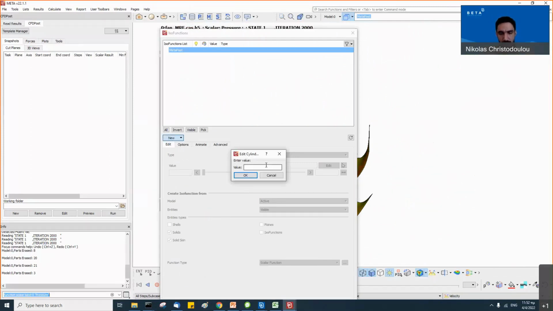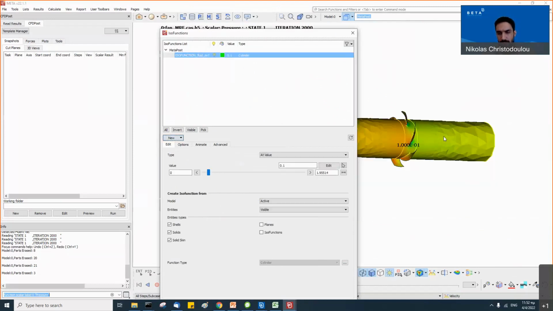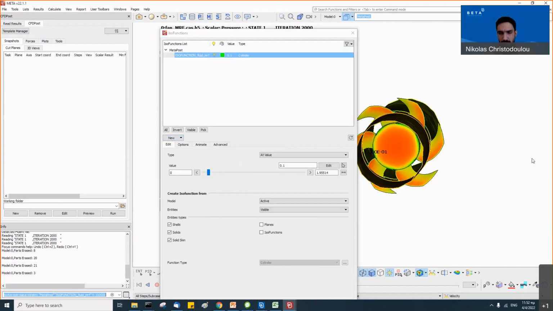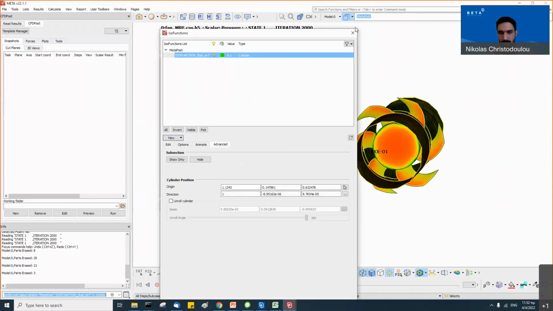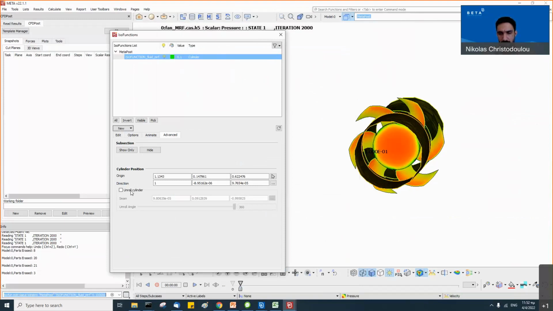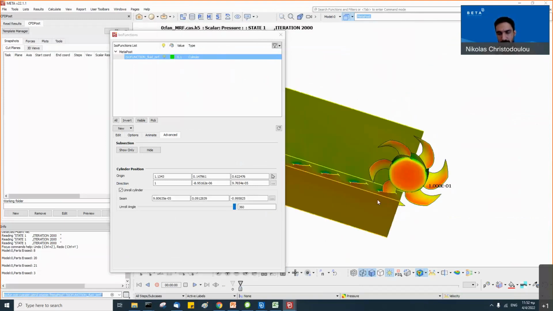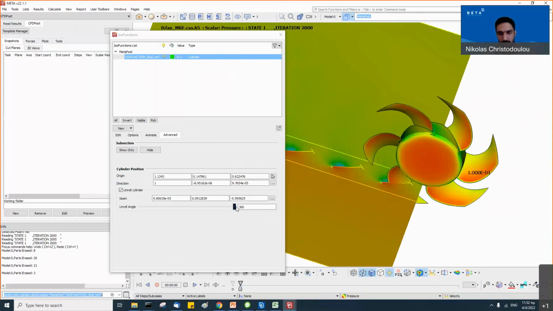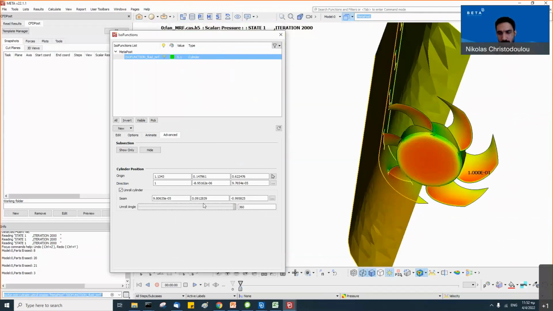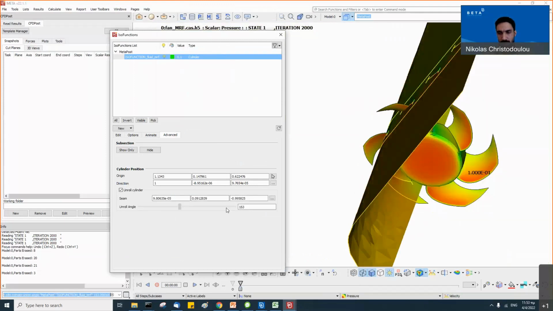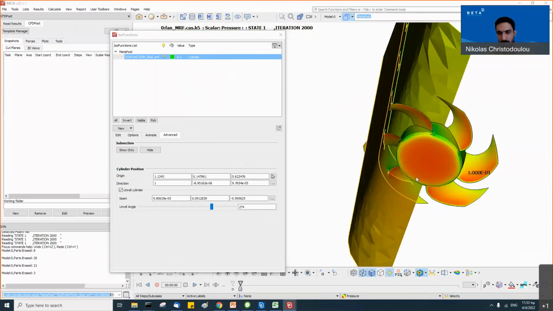We can specify a radius of 0.1. After this is calculated, we can go to the Advanced tab and unroll it. Now it's far easier to inspect these regions, and the rolling action can be done and undone or done partially.